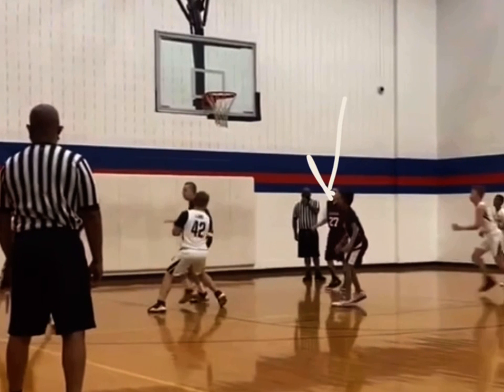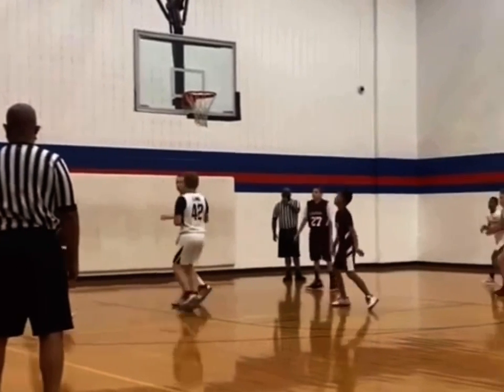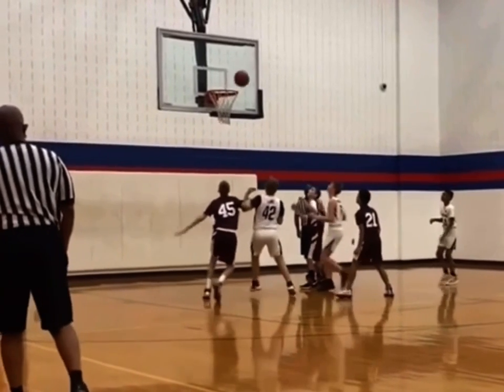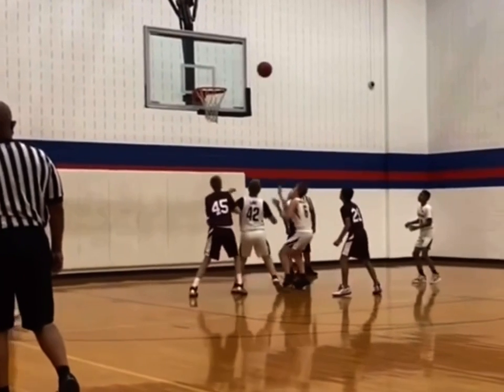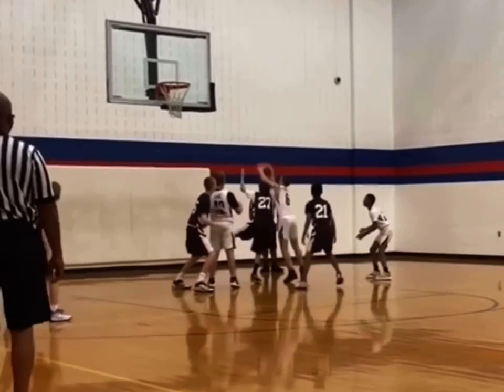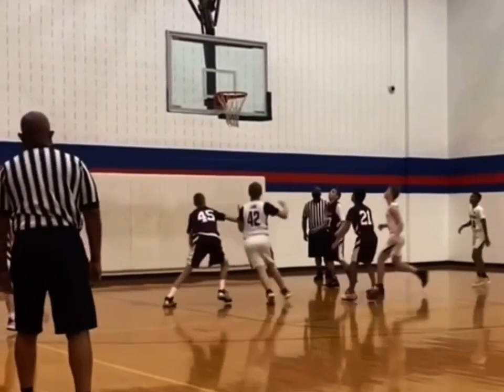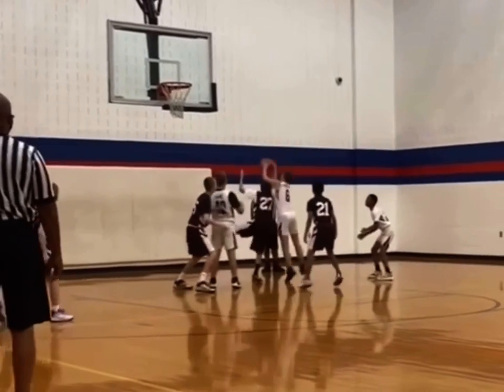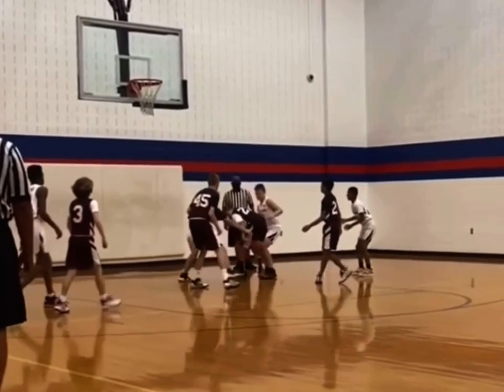Dylan, you're just looking at the rim, right? You got to find a person and box him out. So what happens is, because you turn to the rim, you don't find anybody, he's going to come and crowd you. He's taller than you, so he's going to go right up over the top of you and get it. Had you right here found him, saw him coming and found him, and pushed him back a little bit, you would have had position to get this rebound. I don't know what happens with this, but